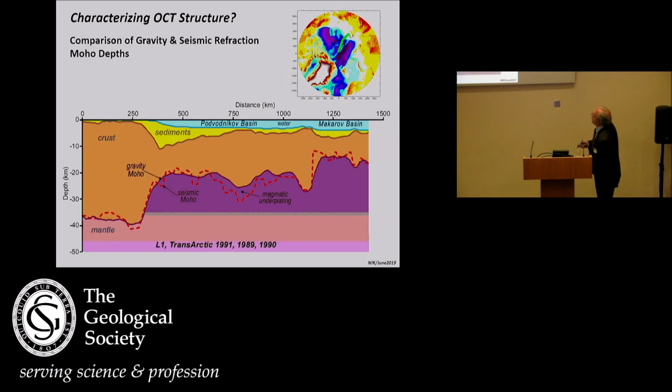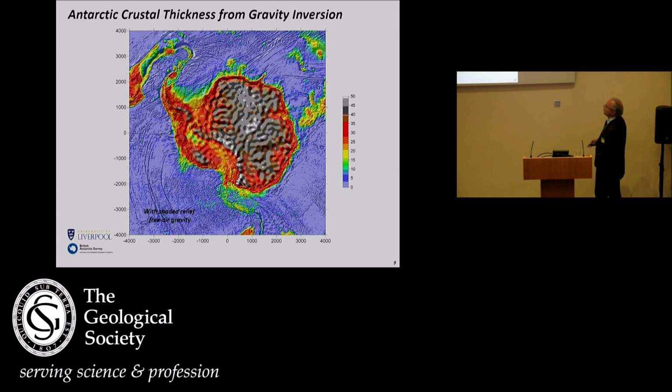improvement of that mapping. Again, we can cut out cross sections, and if we do this, okay, the base of the brown here is the Moho from the gravity inversion. So this is running from the East Siberian margin across the Podvodnikov and Makarov. So we can see OCT structure here. Whether this is thick oceanic crust or thin continental crust or a mixture, we don't know. But in red, we've got an independent measurement from Russian refraction experiments, which suggests the gravity inversion mapping isn't far wrong. We've also looked, working with British Antarctic Survey, at the Southern Oceans and Antarctica, but that's very much